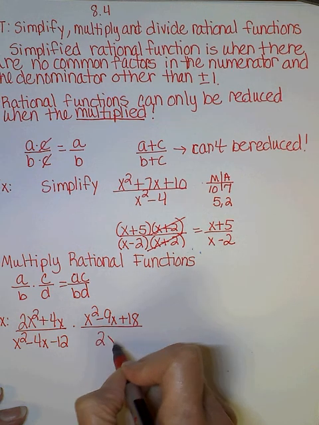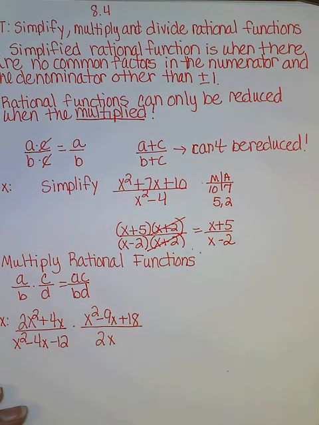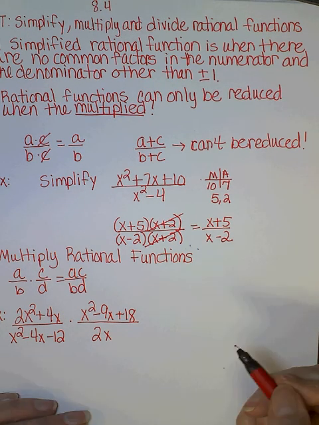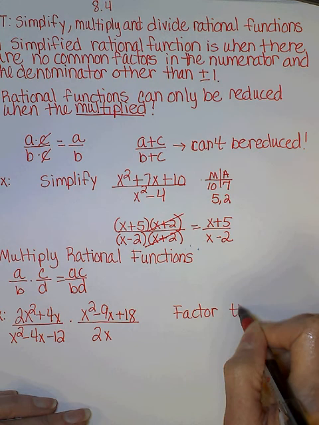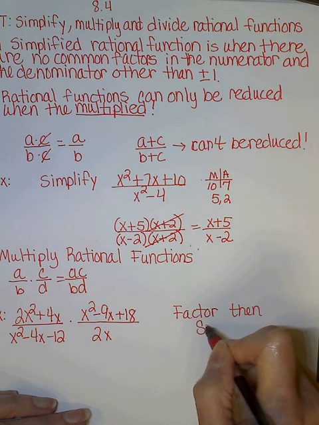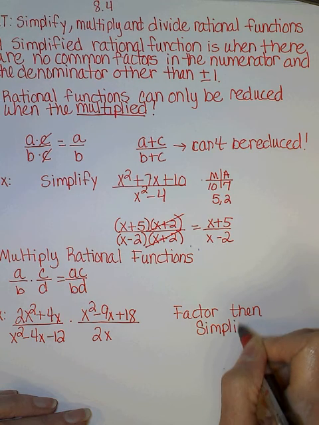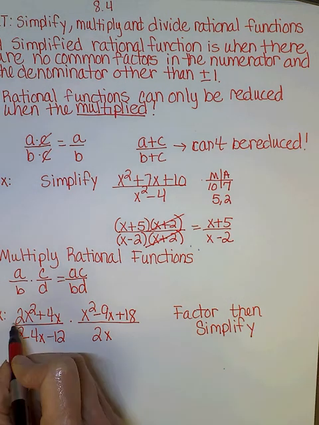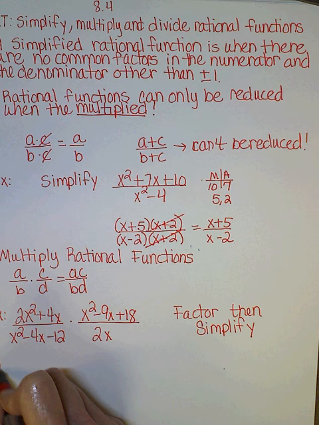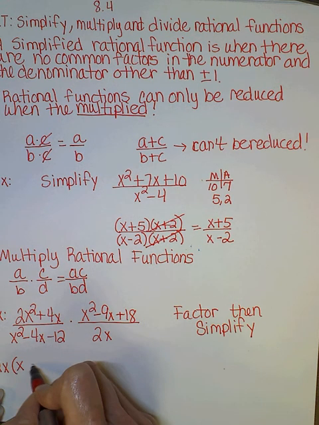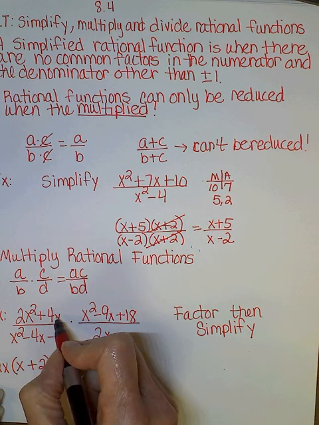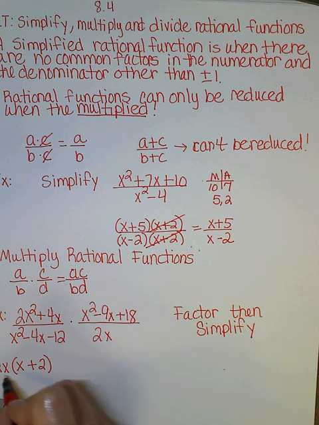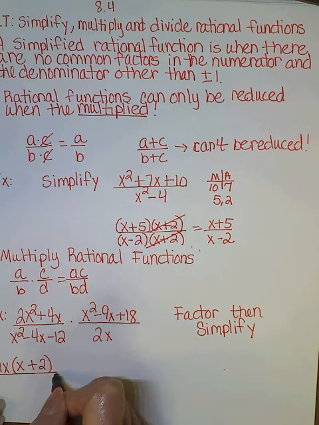Now, what we don't want to do is start multiplying this out. It would get very complicated and we wouldn't be able to reduce it. So what we want to do is factor everything first. Factor, then try to reduce or simplify like we did above. Okay, so in this polynomial, I can factor out a 2x. And this is the distributive property backwards. If I take out a 2x, I would have an x left. Take out a 2x, and I would have a 2 left. Then in the denominator, I'd have